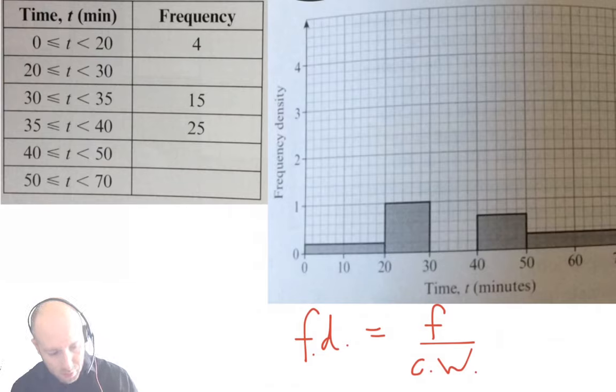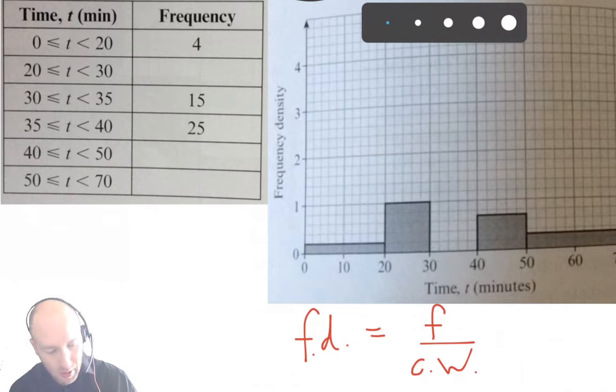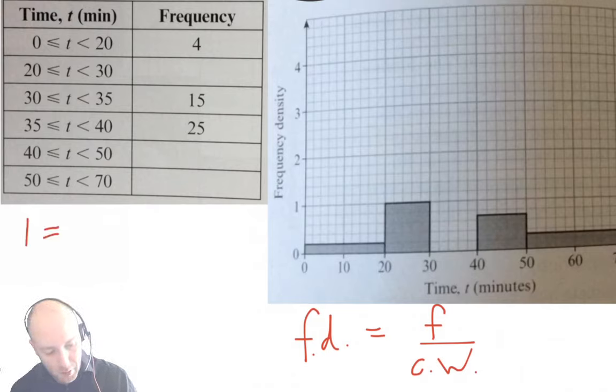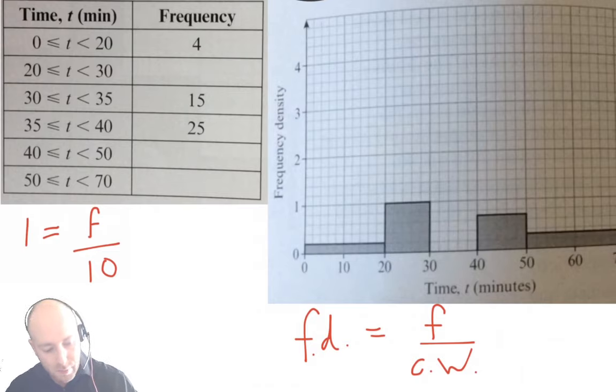So we got 0.2 equals frequency, which is 4 divided. Oh, this one's been done for us. Let's skip that. Okay, 20 to 30. There we go. So frequency density equals 1 equals our frequency, which is the unknown f over class width, and I would say our class width there is 10. So if I times up by 10, we're going to get 10 for our first frequency,